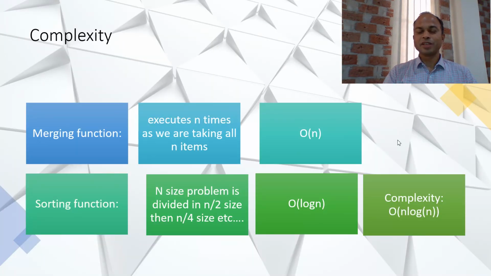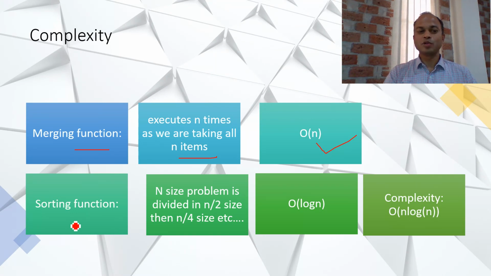If we talk about the complexity, then we are using here two functions. One function is merging and the second function is sorting. So in the merging function, basically we are scanning the complete array and the smallest elements are copied. So this is our working procedure of the merging function. So we have here n elements and we are copying all n elements. So it means we need here n comparisons. The complexity of the merging function is order of n.